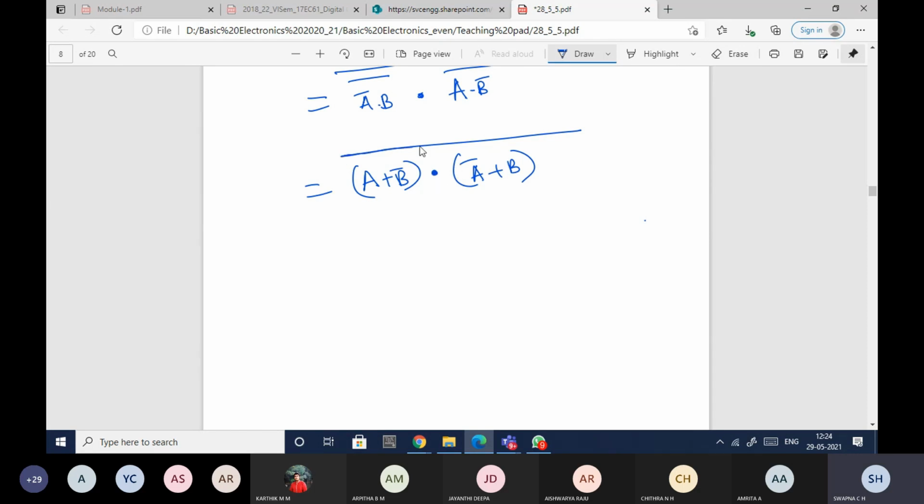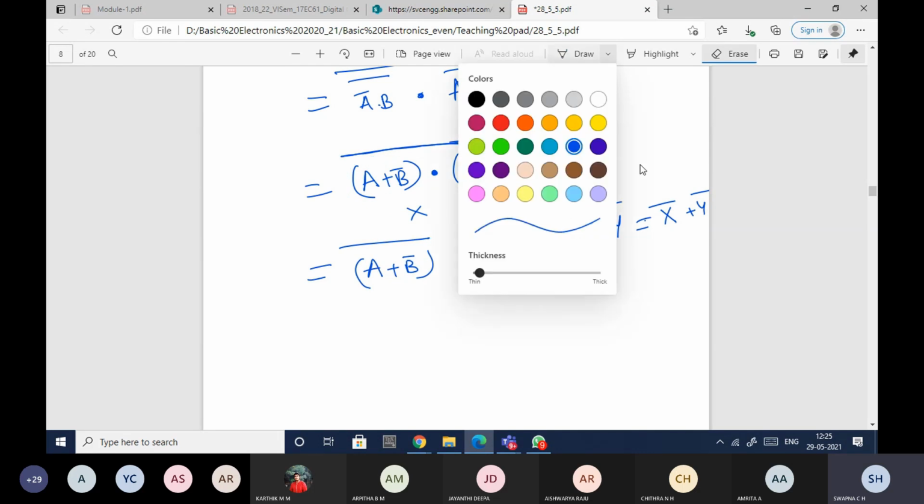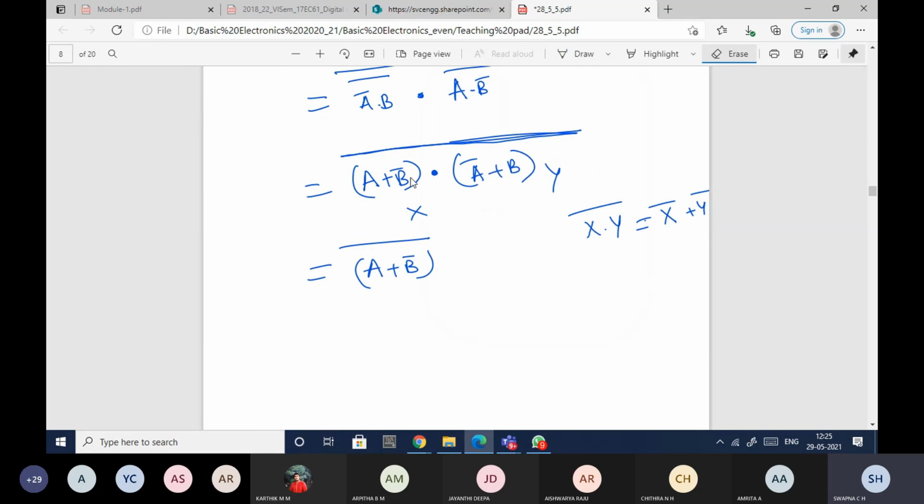So what I'll do, I'll make use of this complement as well. So it will become A plus B bar, this whole bar. It is in the form of x dot y whole bar. X dot y whole bar can be represented as x bar plus y bar. I'm considering this as x and this as y. So it is nothing but x bar, in the sense A plus B bar whole bar. I have dot, so it will become plus, and here y bar. Y bar, in the sense y is nothing but A bar plus B whole bar form.